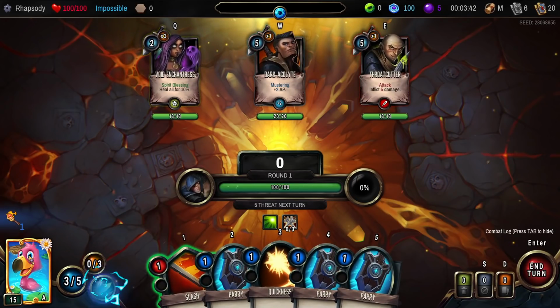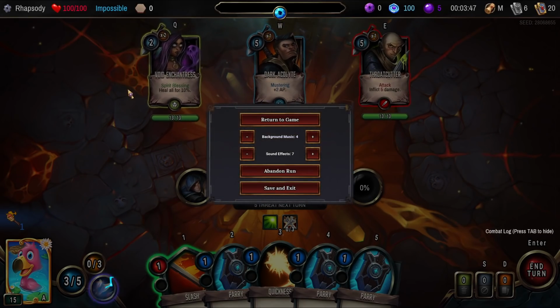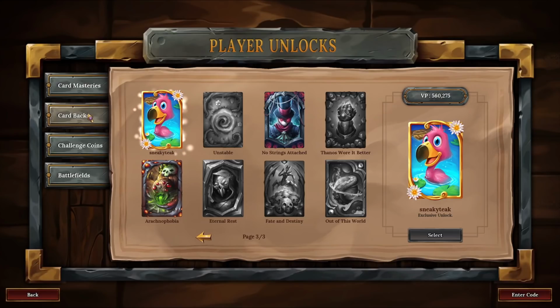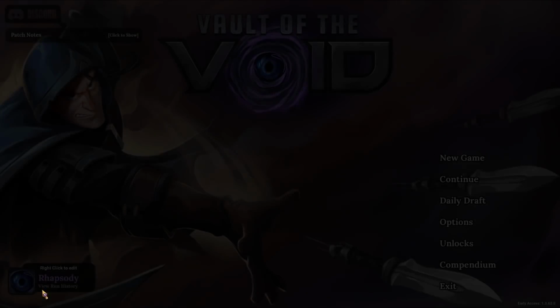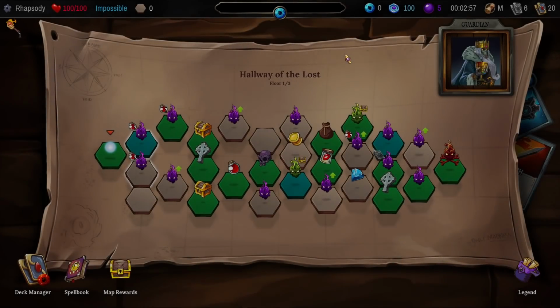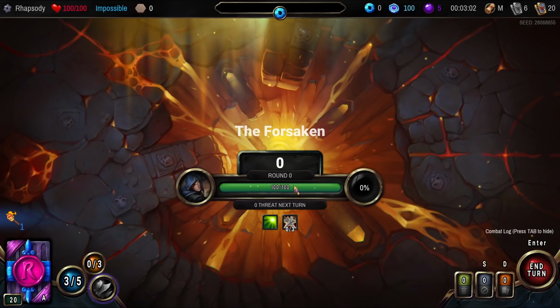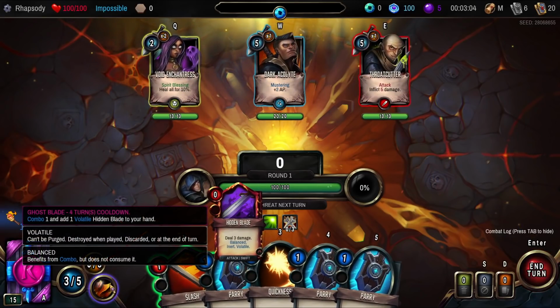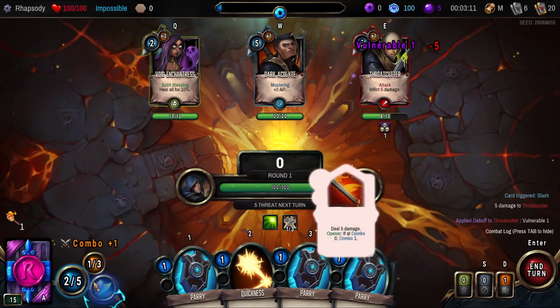Now, I do appreciate this card back, Sneaky Tiki. But I'm going to quickly save an exit and go to the unlocks and put on something a little more comfortable. Slip into something a little more personal. All right. Let's go. I'm not going to be in this fight long enough to use... Oh, I actually may be in this fight long enough to use Ghostblade now. Yeah. I didn't want to be, but...